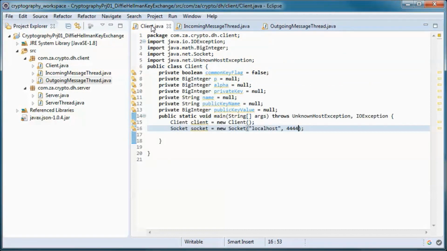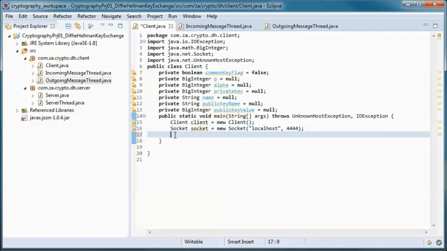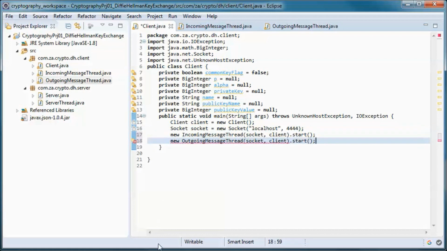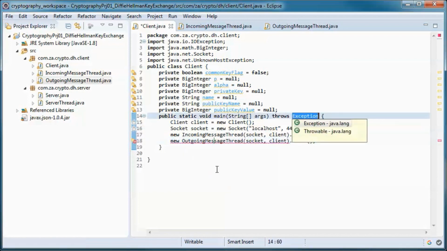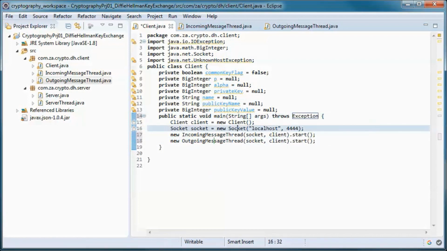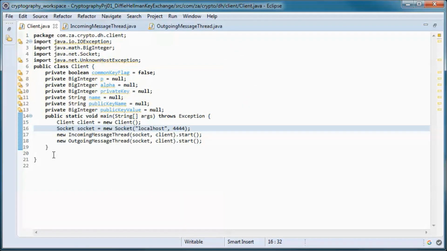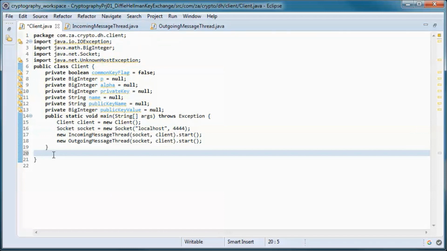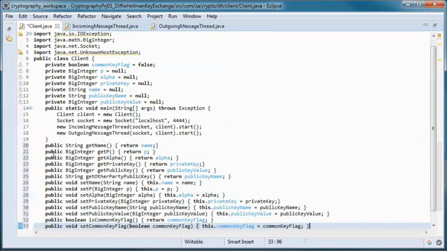So now going back to the client, it will have two threads for sending and receiving messages. And what remains in this class are get and set methods.